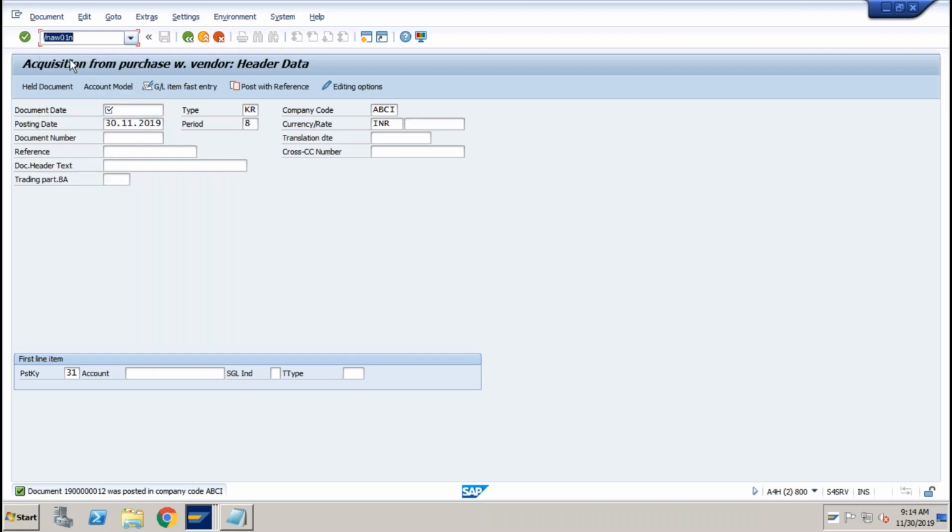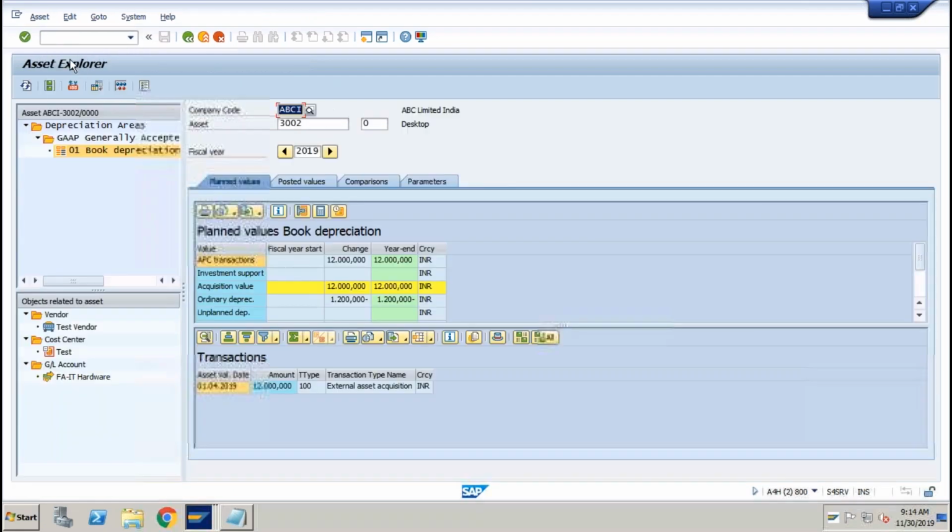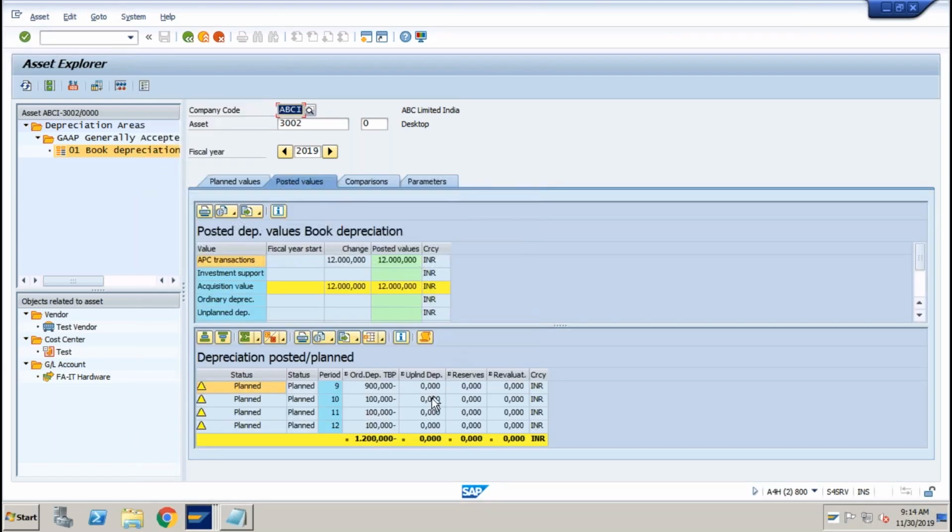So again, if I go to AW01N, now system will tell me that we purchased this asset at 12,000. Since the life of the asset is 10 years, every year 1200 would be depreciated. Every year 1200 means every month 100, right? So you can go to the posted values and it will show you every month there is a 100. Why it is showing 900 here? Because it is cumulative for 9 months, because up to 8 months we already posted the depreciation. Now the depreciation is only possible after 9th month. So from the 9th month onwards, entire 900 would be depreciated for the previous months also,